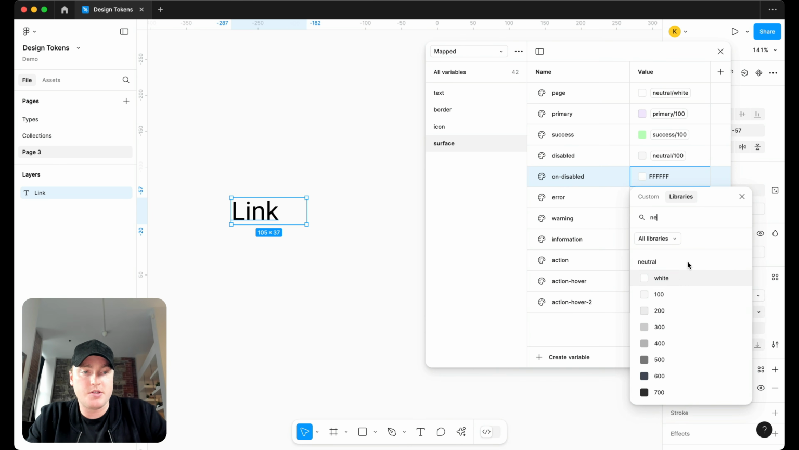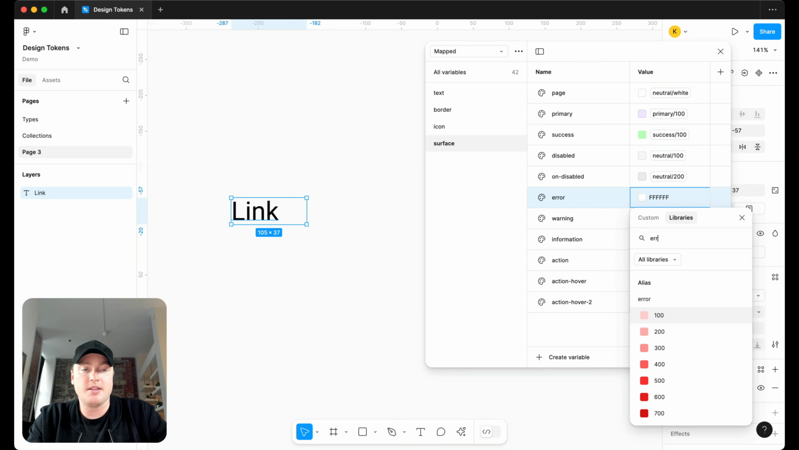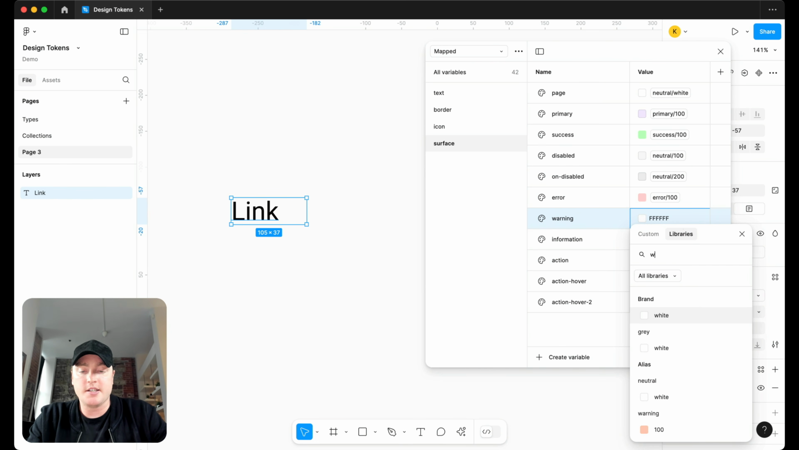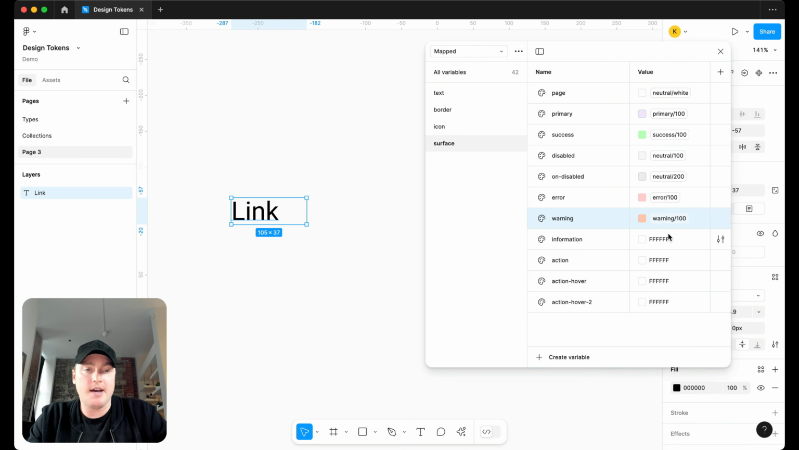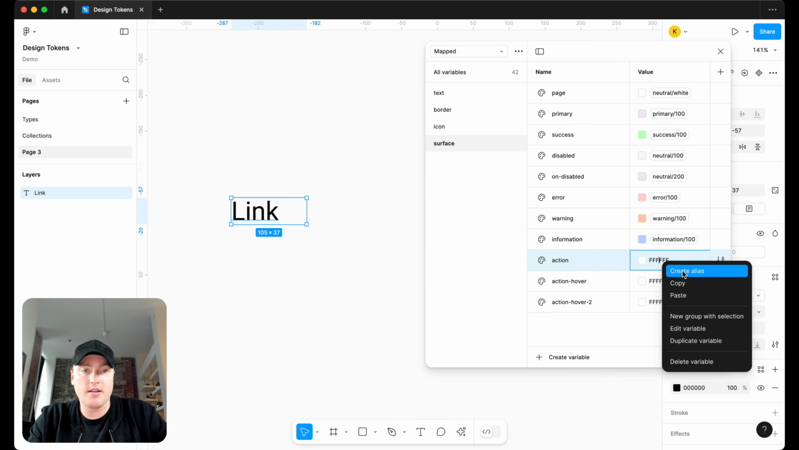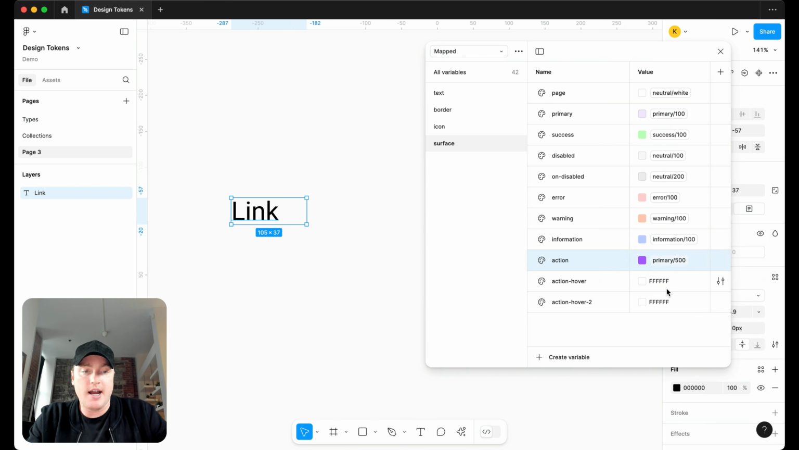Neutral, maybe like 200. Our surface error tends to be the lightest color in your shades. Again, depending on your scales and the look that you're going for. But I always like to have it set to my lightest, because then that darker text will stand out a little bit more. So our information 100, our surface action, so our primary 500,